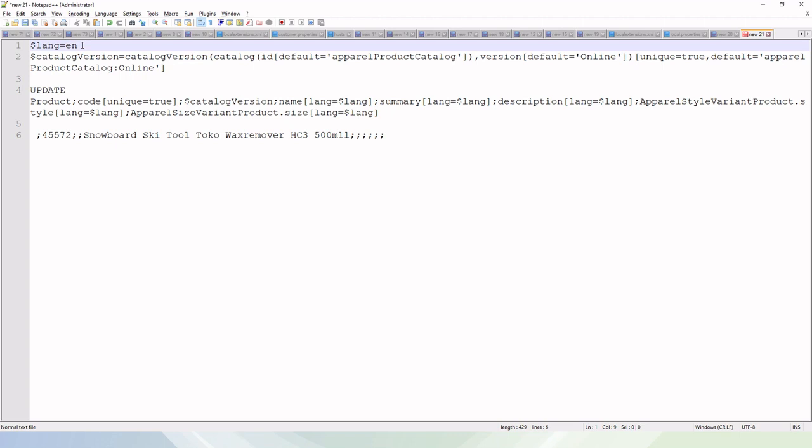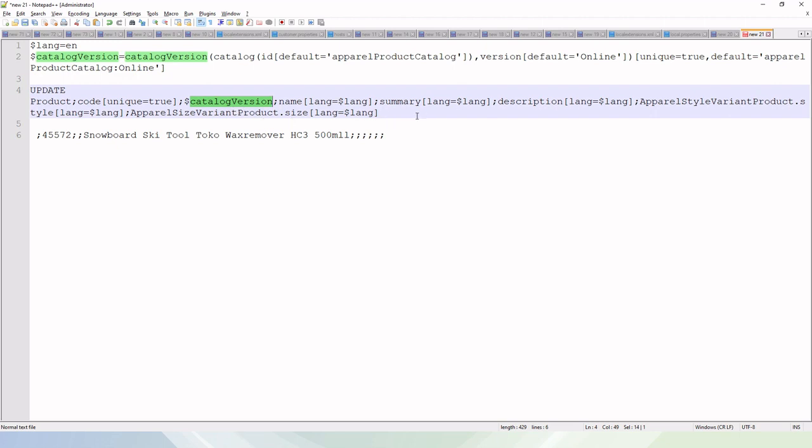Macros basically allow aliases to stand for frequently used items. If we have to use this catalog version, it will be difficult for us to describe the catalog version every time.